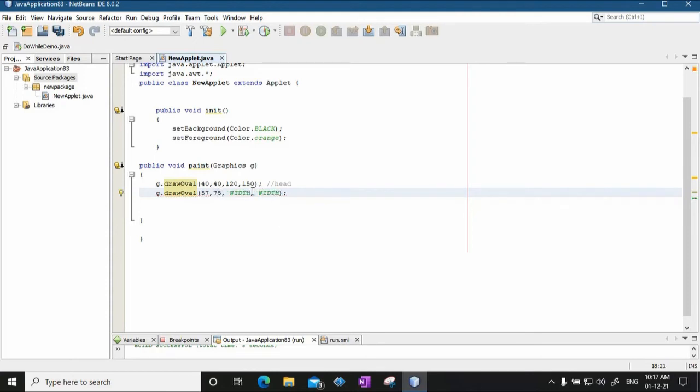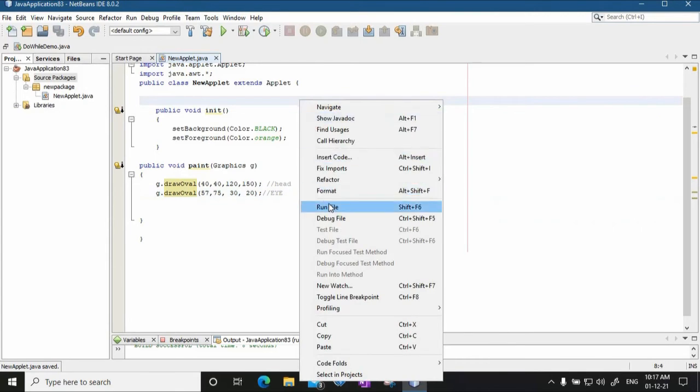This is the x, y coordinate. The width of the eye is, say, 30, and the height of the eye is, say, 20. So this is basically the eye. We will do this on a trial and error basis. If something is wrong, we will change the values.